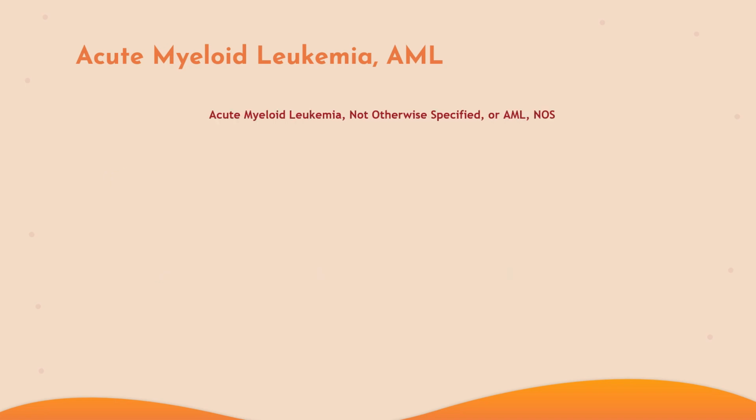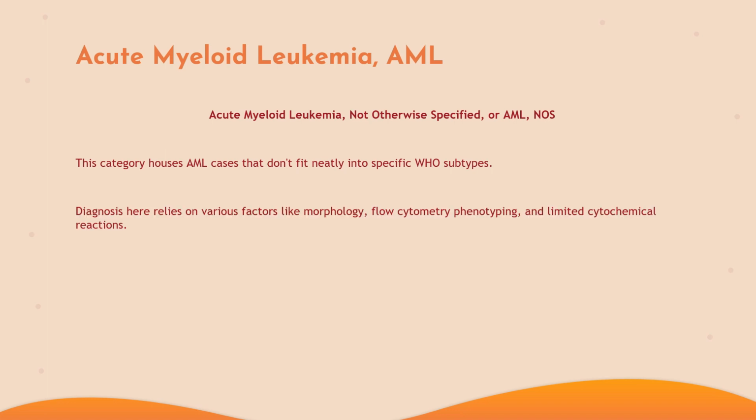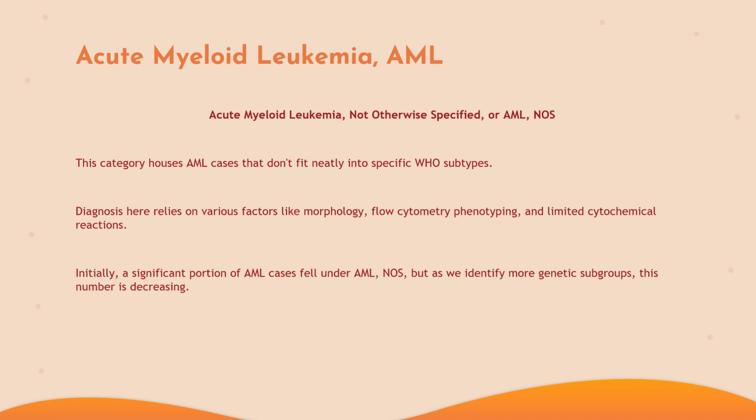Now, let's discuss acute myeloid leukemia, not otherwise specified, or AML, NOS. This category houses AML cases that don't fit neatly into specific WHO subtypes. Diagnosis here relies on various factors like morphology, flow cytometry phenotyping, and limited cytochemical reactions. Initially, a significant portion of AML cases fell under AML, NOS, but as we identify more genetic subgroups, this number